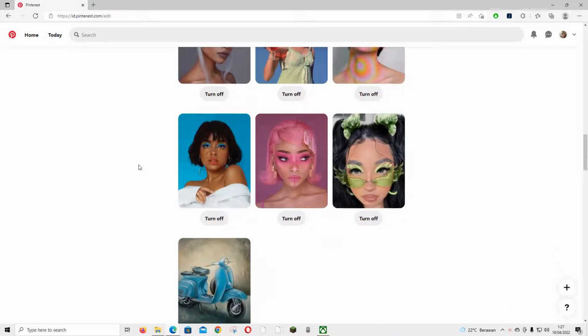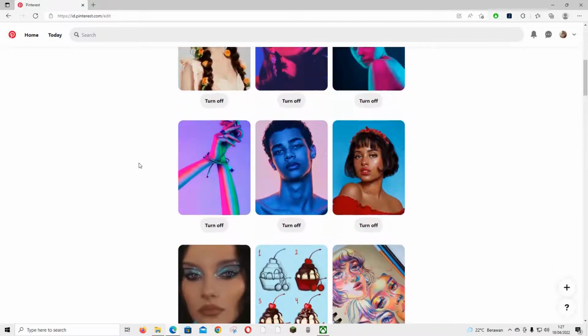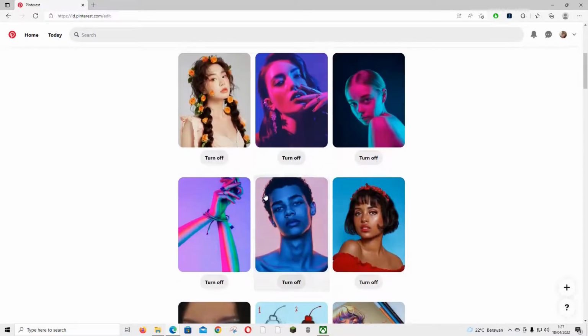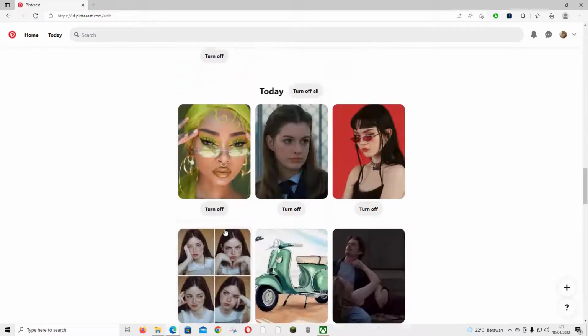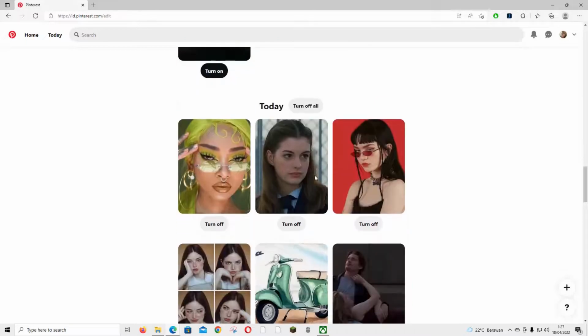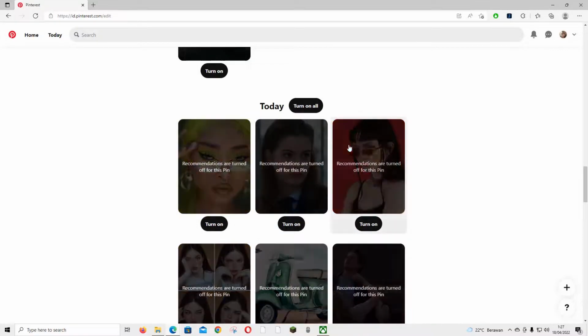Here are all the pins that I looked at today, and for instance, I want to tune it to stop showing, for instance, motorcycle pictures. I'm just going to press turn off for those, and you can even turn off all the history that I saw today,